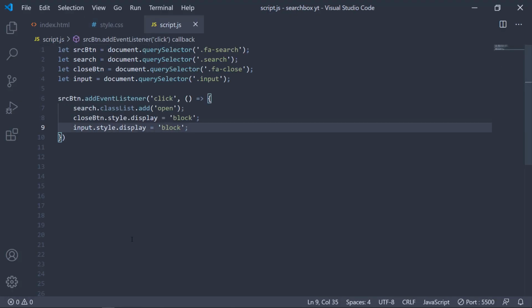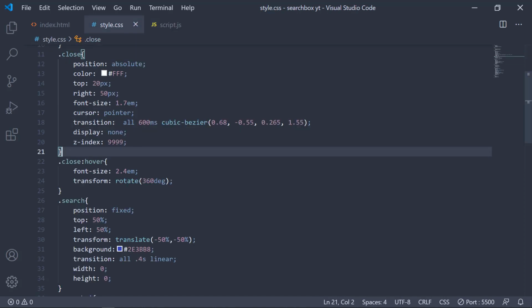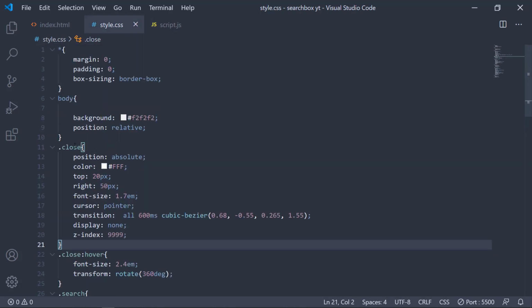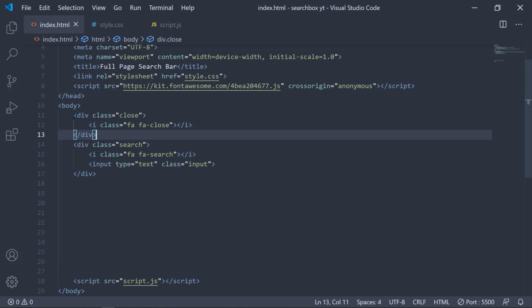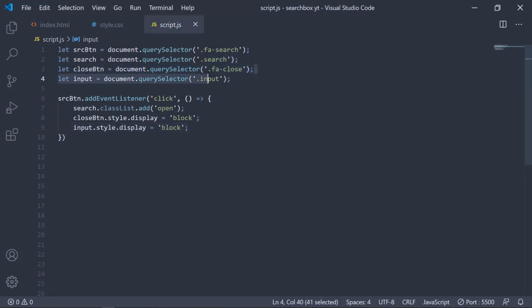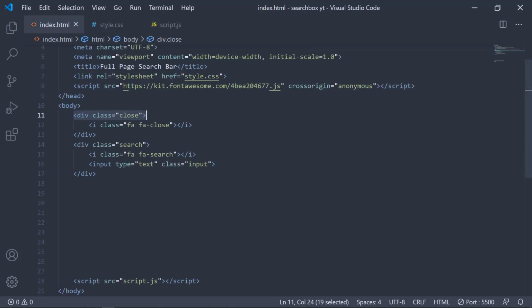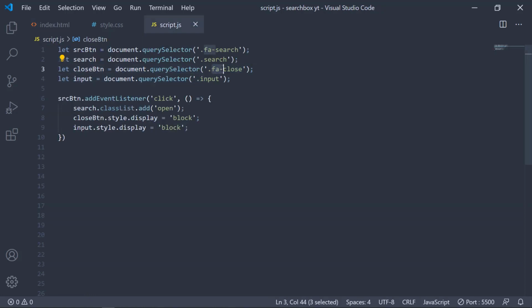Let's see how this works. If we click it, the input form is showing and the close button is kind of invisible. Let's see what I have done wrong. Okay, the issue here is that we added the display none with the close div, right? So we have added the display none with this one, but in script.js we just got the icon of close, so it is not actually hidden. We need to add the styling of display block with this one, so that was the mistake. We want to modify the close div, not the close icon.